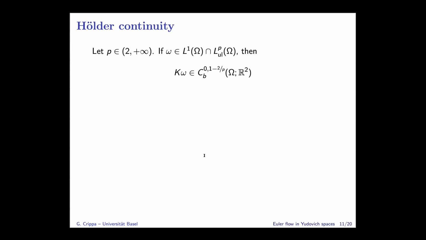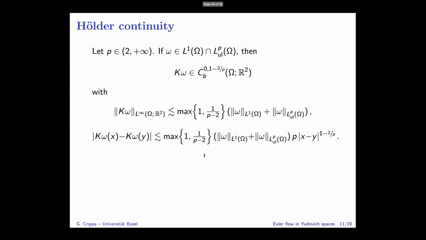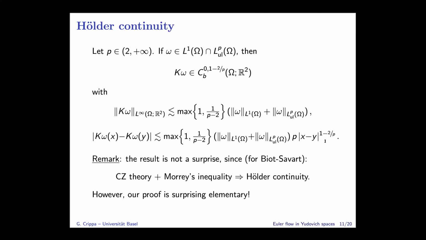So adding up all the previous computations: if p is between 2 and plus infinity, and I have some vorticity omega in L1 intersect LP uniformly localized, then the associated velocity is bounded and is 1 minus 2 over p Hölder continuous with this very explicit control. Okay, so this is for the L infinity norm, which I didn't do in detail. Recalling that d was the distance between the 2 points, what I got for the Hölder control is something like this. Okay, this should not come as a surprise,